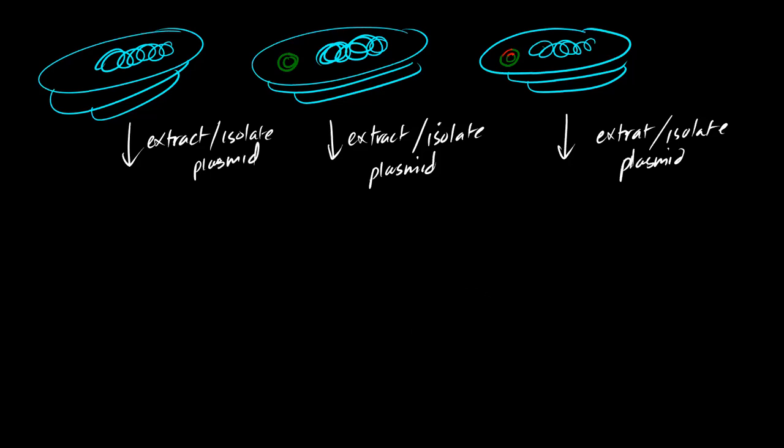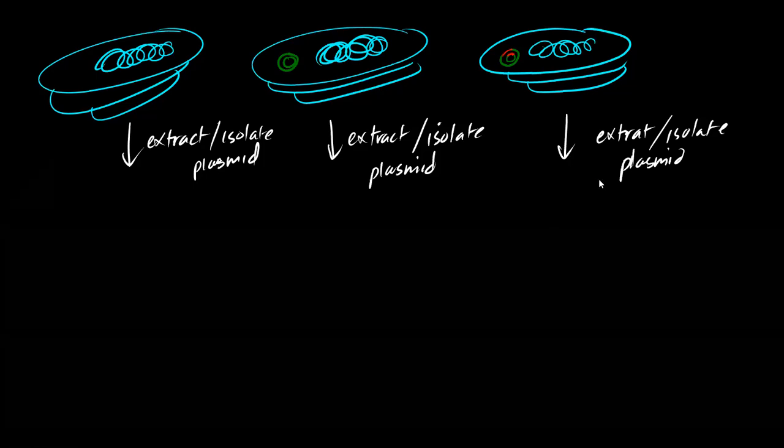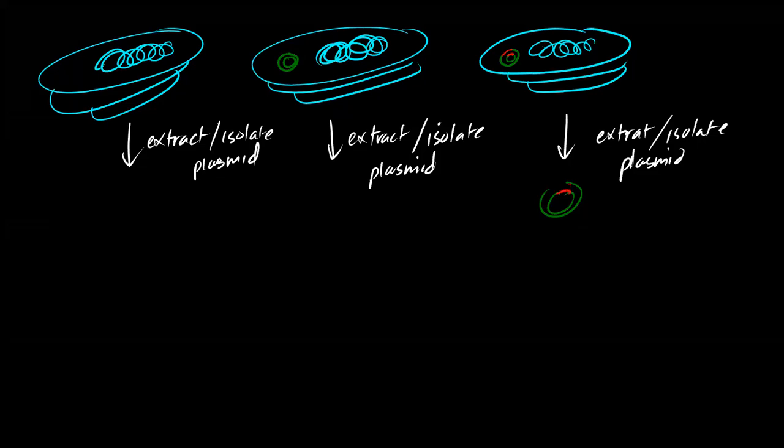Okay, so now there are certain ways by which we can extract the plasmid. Of course, we'll not extract just one plasmid. We will have millions of copies, same thing here, and nothing here. Okay? Then what we do